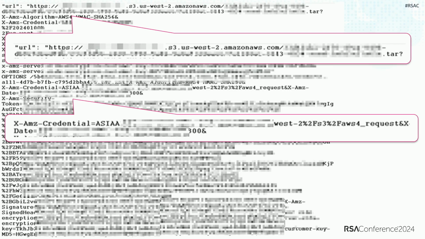So the first one is just a URL to an S3 object. It's basically a request that says, I want this file in this S3 bucket, by bucket name and path and file name. And the second one, starting with X-Amz-Credential, anybody recognize what that is? When you see a token starting with ASIA, that means it's a temporary security token. It was generated by the Security Token Service, and I think by default it lives for 60 minutes and then expires, although that can be changed. The lifespan can be increased if you choose to.